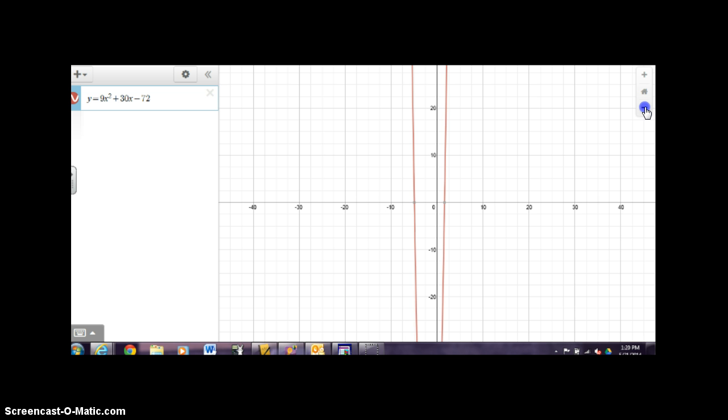So for this one, I'm going to zoom back out here. It looks like something's happening at -1, just by looking at the graph. So you might test -1 in the function. If I put -1 in there,